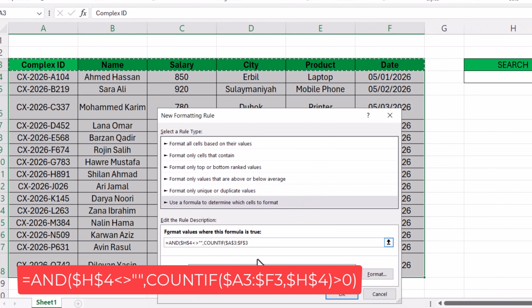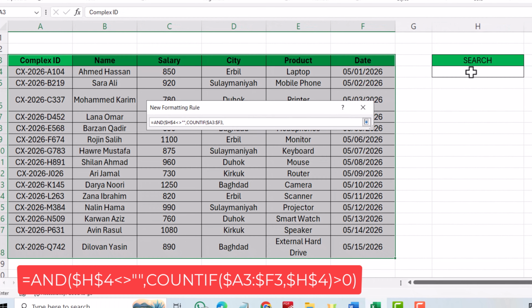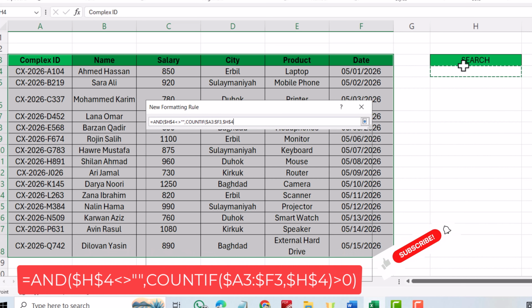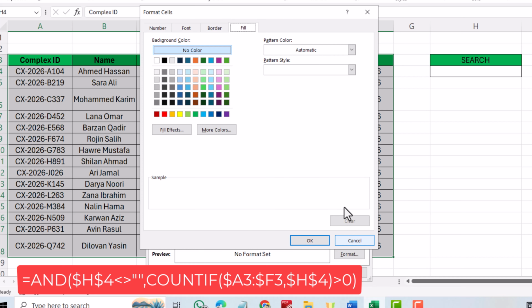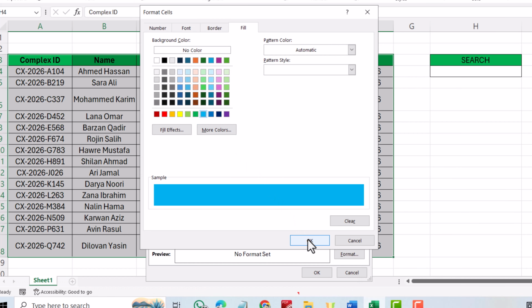Okay, just delete this dollar sign, delete this dollar sign, comma, again select this cell, enter. The cell must have a dollar sign on both sides. Close bracket, greater than 0, close bracket. Format, select, here we have fill. For example, I selected this color. Okay,